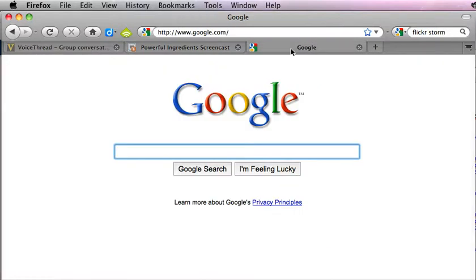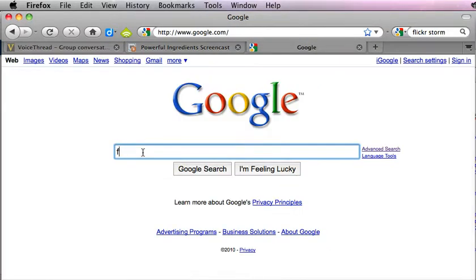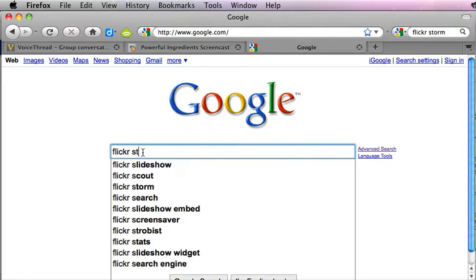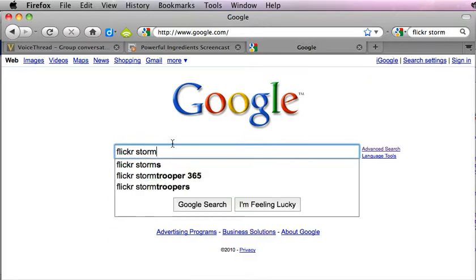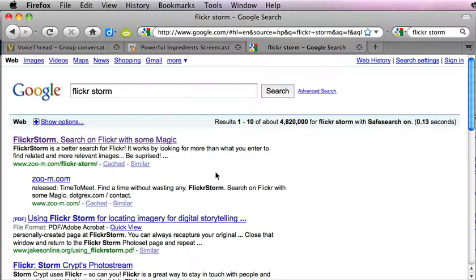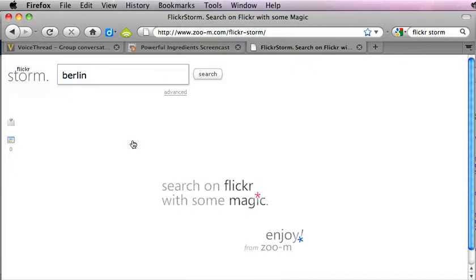To find the website Flickrstorm, I'm simply going to go to Google and type in Flickrstorm, and you'll notice that Flickrstorm does not have an ER at the end, it's just an R. Out of over 4.8 million hits today, Flickrstorm, the website, is going to be our first hit. The reason I recommend going to it this way is because it is a rather long URL that's not